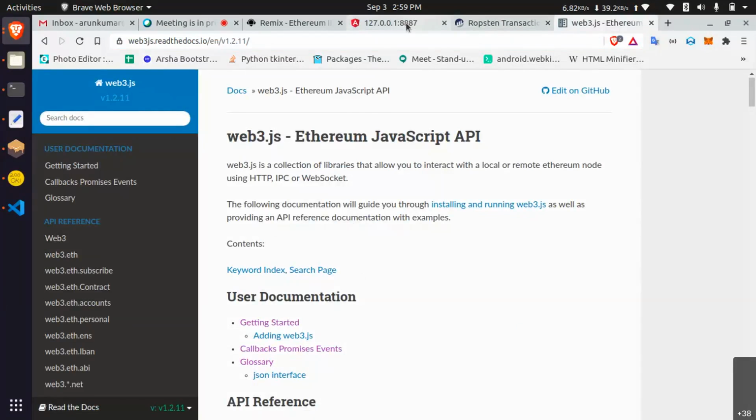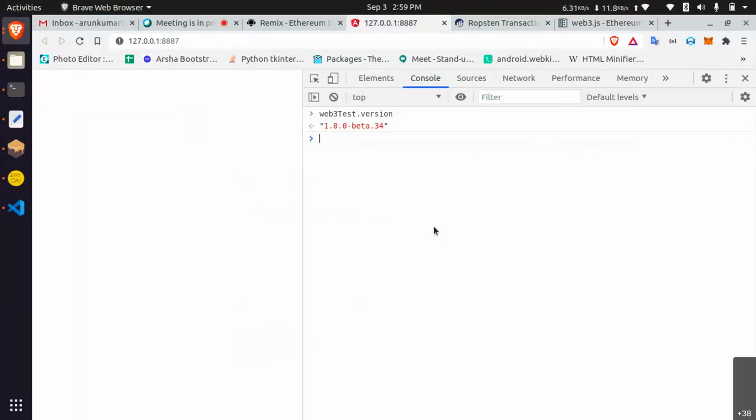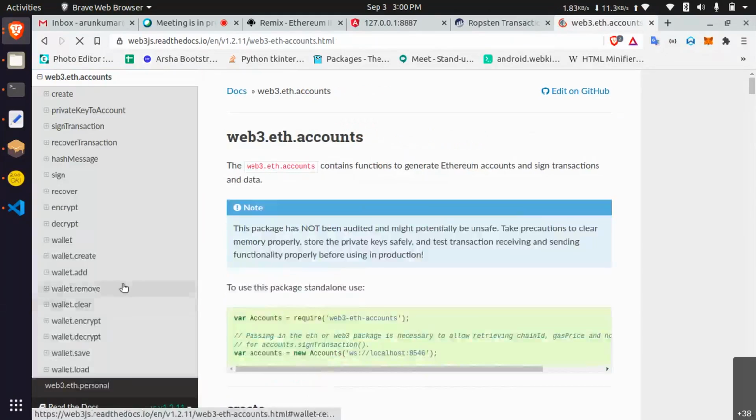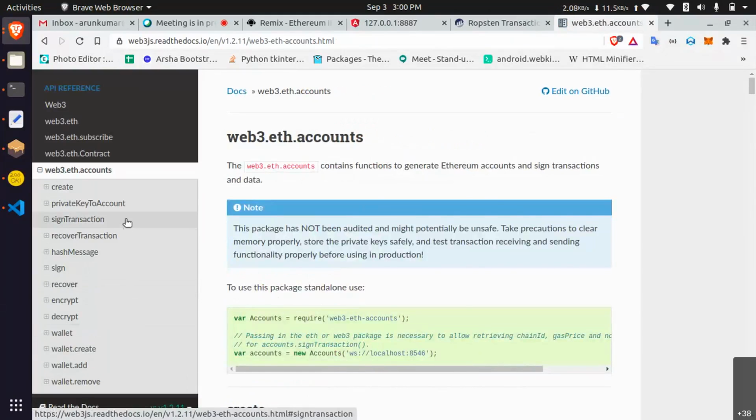Okay, let's say you want to transfer an amount from one person to another person. Let's build a transaction. You can see the sign transaction.